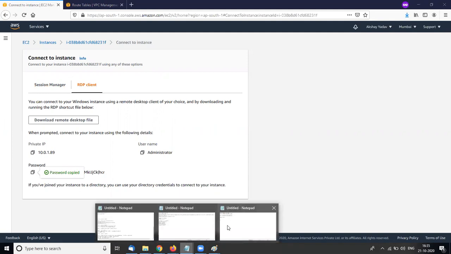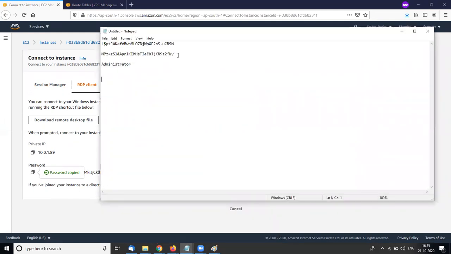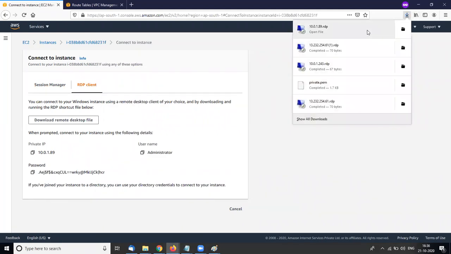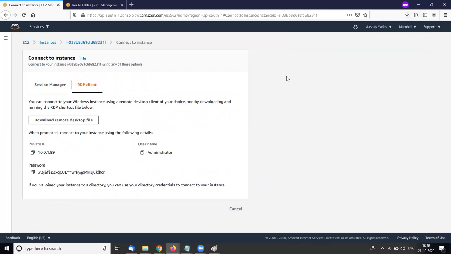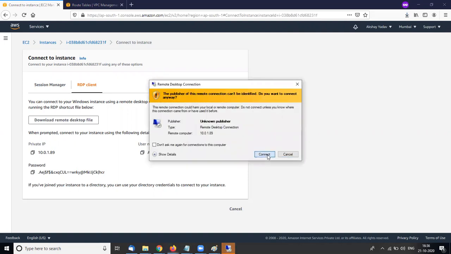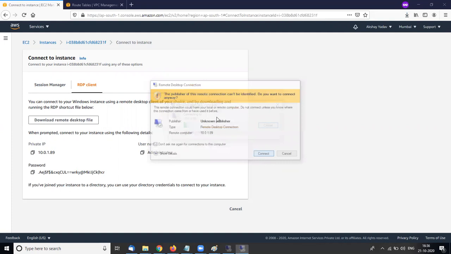I just paste it into this and I'm trying to connect. Because there is no connection between my public IP and Amazon private IP, it's not connecting. So in our scenario we are launching two servers, one with private access and second with public access.